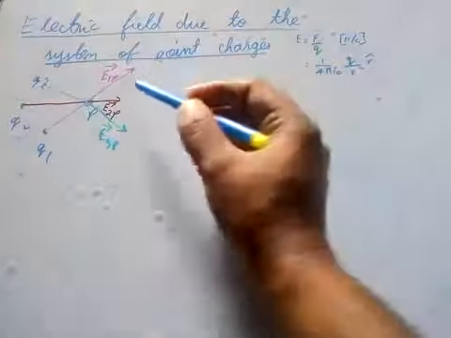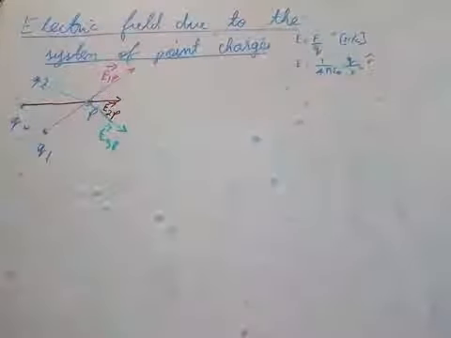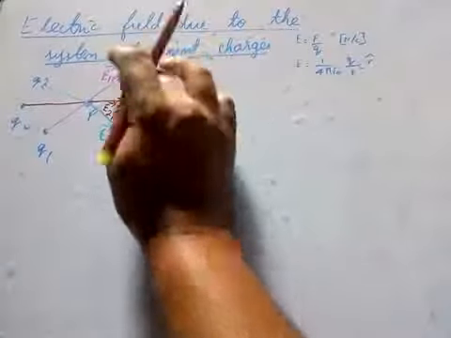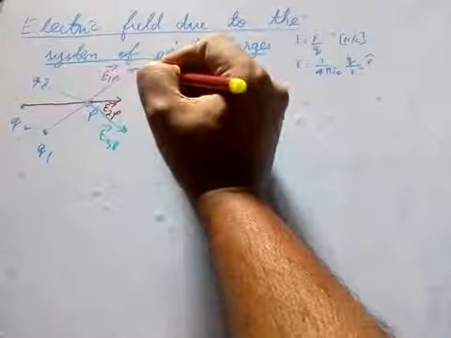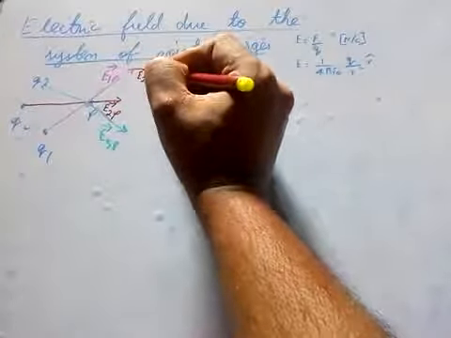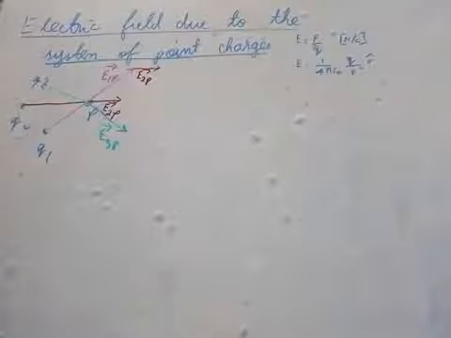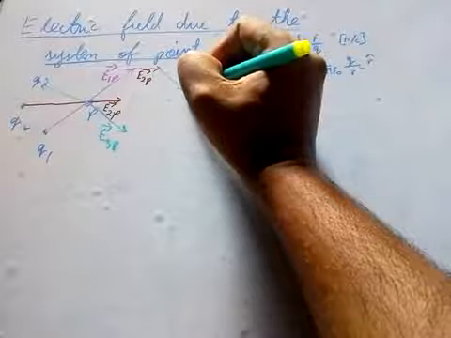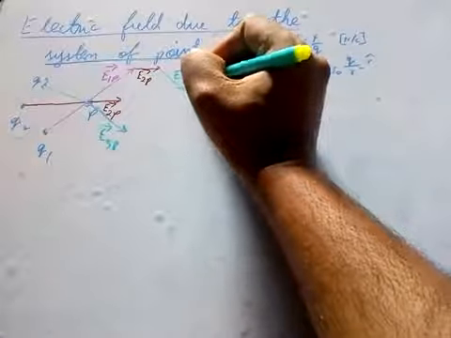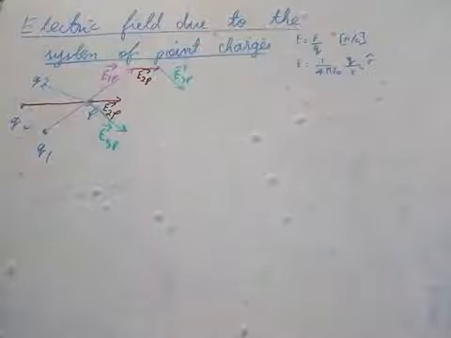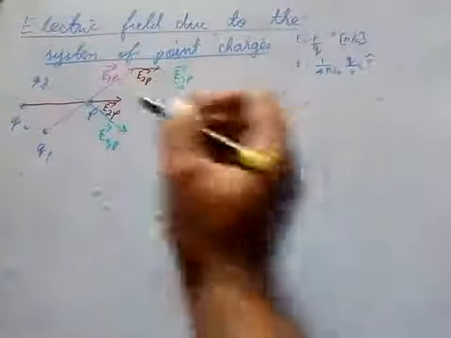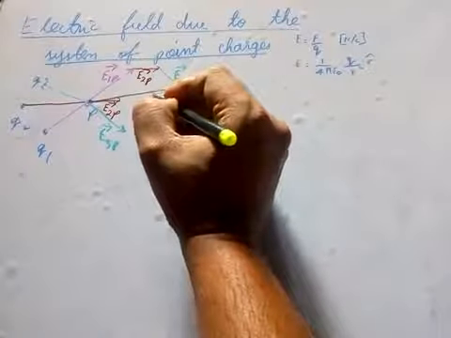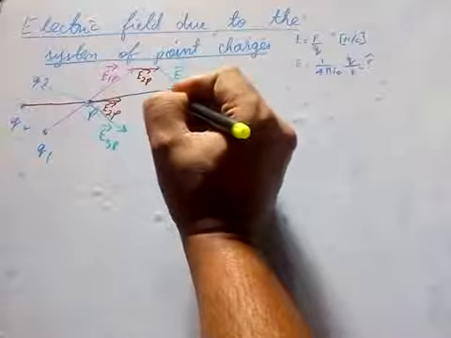Let me take this E2P here, and I'm going to draw the same length on top. We can leave it from here itself, but let's draw it as in the textbook. So E2P will be this way. Then E3P, I will draw it this way, the electric field due to the third charge on the point P. Then let's see the total here. This will be the total from point P to here. You'll get the total electric field, E total.